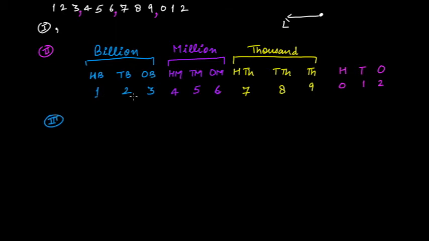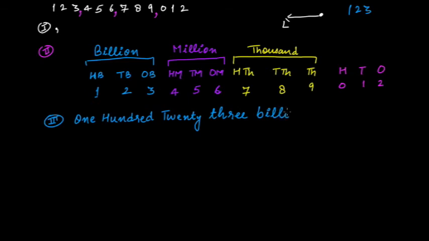So how would you write the number? Of course, this number is 123, right? If you have to read this number 1 2 3, how do you read it? Of course, 123. So 123 billion, right? 123 billion. So this portion is complete. Now come to this one. What is this? 456. So 123 billion